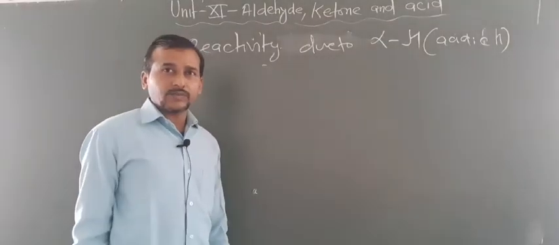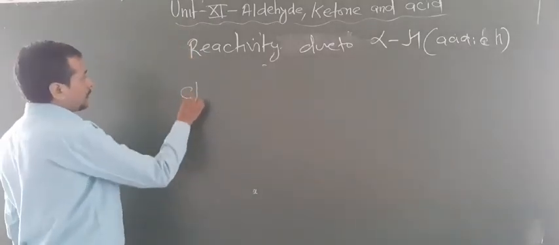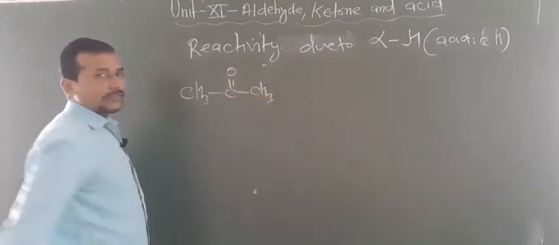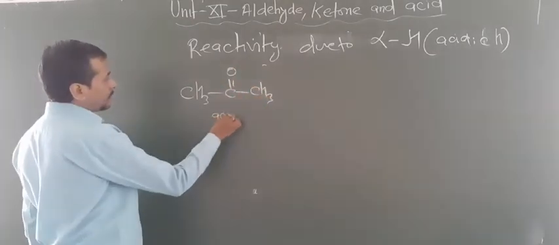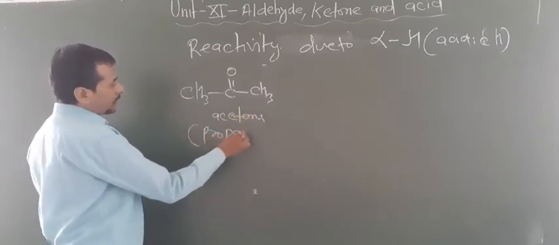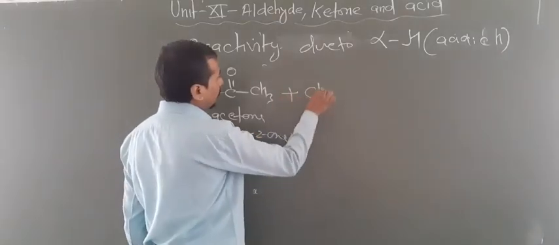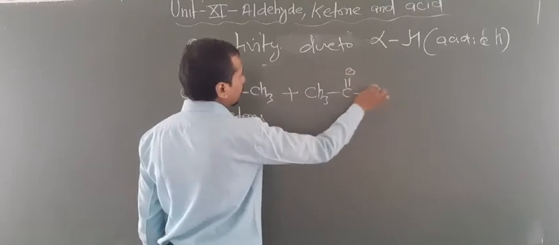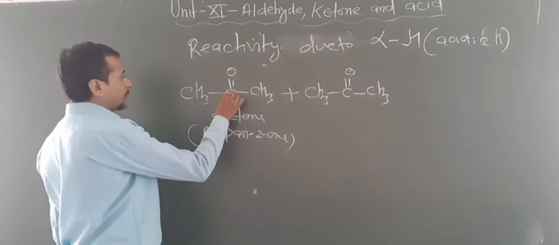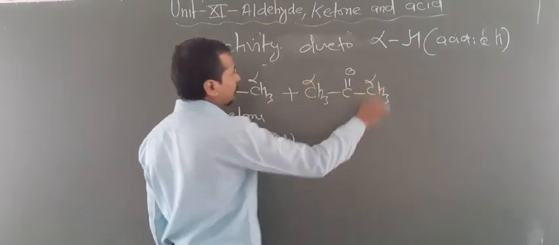Now let us take one more example. Okay, that is a ketone. So this is known as a type of ketone, that is acetone. So this is acetone in common name, and in IUPAC name this is known as propan-2-one. Here also you have to take the same ketone 2 times, just like you have taken the aldehyde. Okay, now look at here, with respect to ketone group, this is alpha, this is alpha, here this is also alpha and this is also alpha.